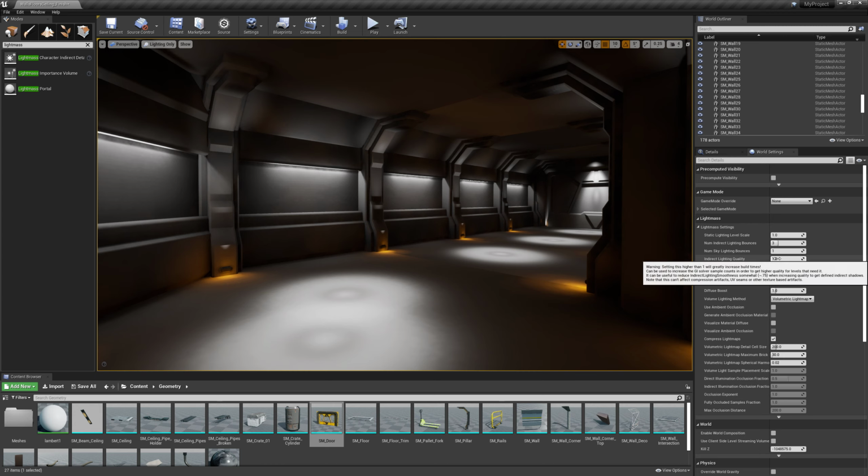So this one, first thing it says is warning. Setting this higher than 1 will greatly increase build times, and it will. So that, along with the static level lighting scale, also says warning. Setting this to lower than 1 will greatly increase build time. So this kind of tells us the scale of our world. This is set to be kind of at real world scale. But what I want to do is get more fine control